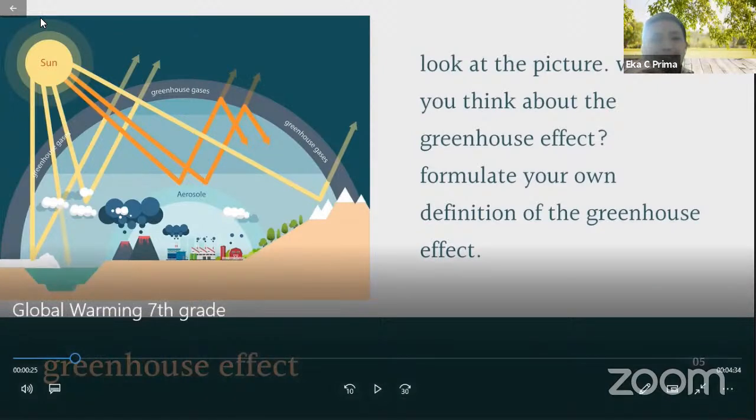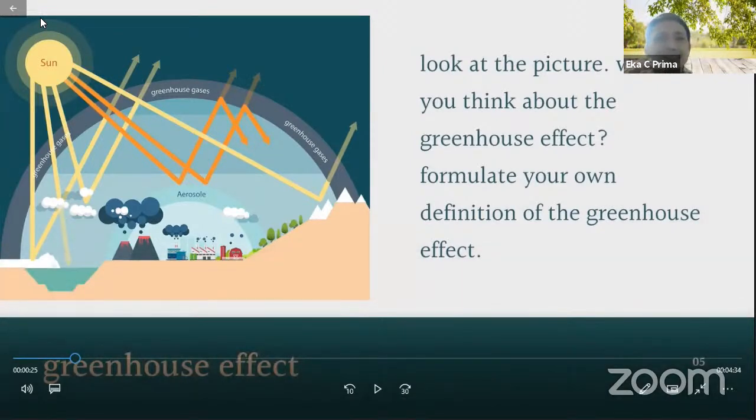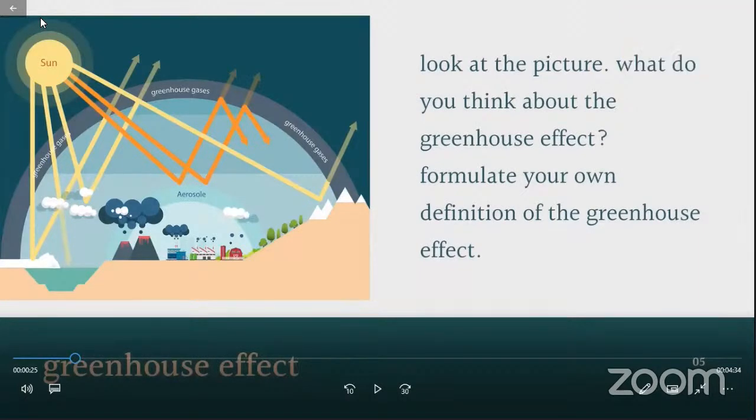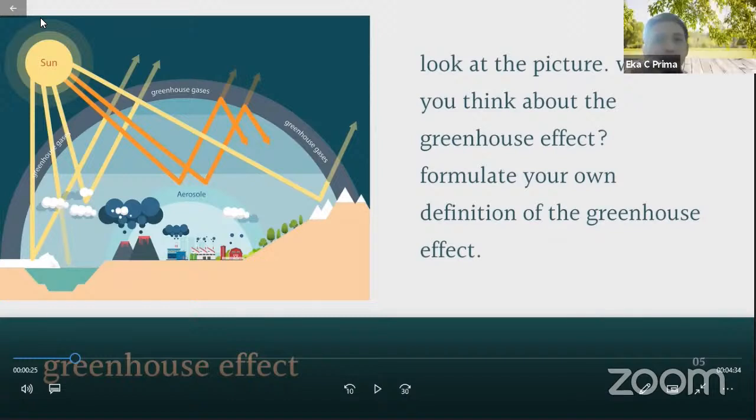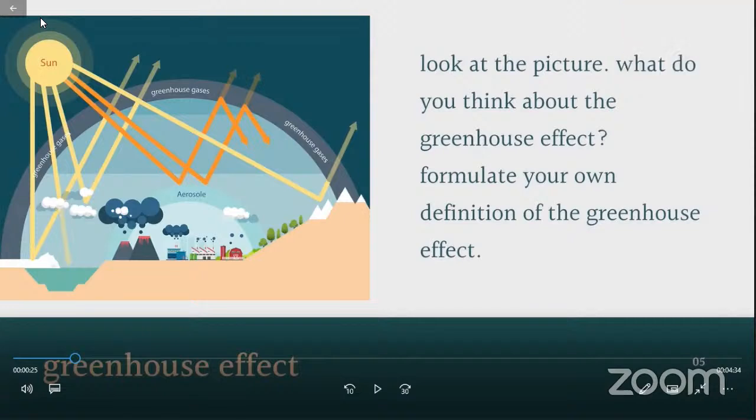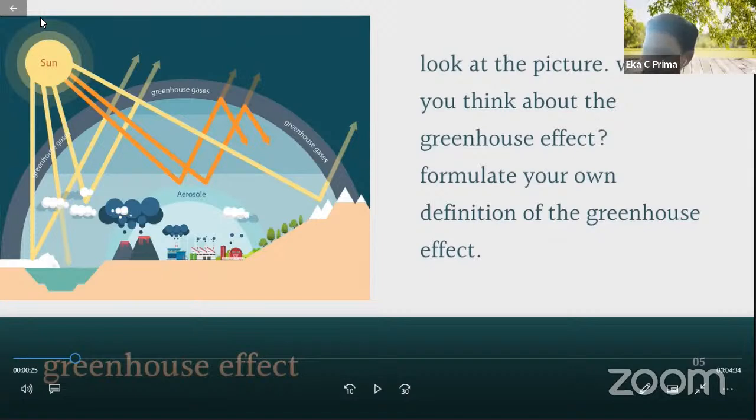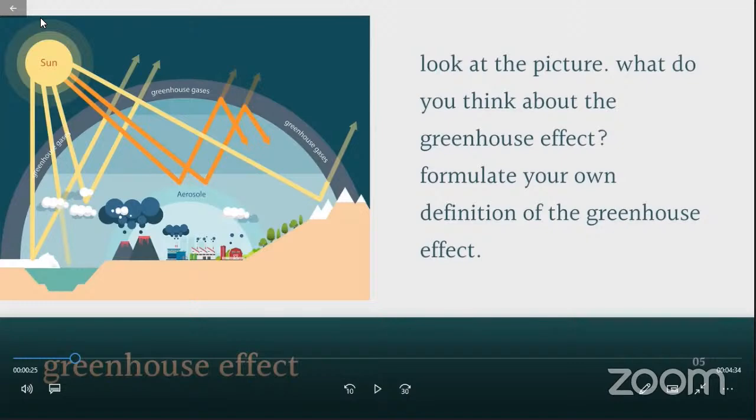Which wave has greater energy? Yellow or orange? Yellow. Yes. Okay, so what is the consequence of the yellow having a greater energy? Well, in the context of greenhouse gases, it means that it has more chance to escape. But because of that, the lower energy one would just be trapped and end up heating up the